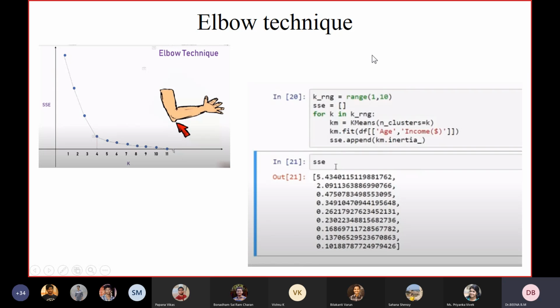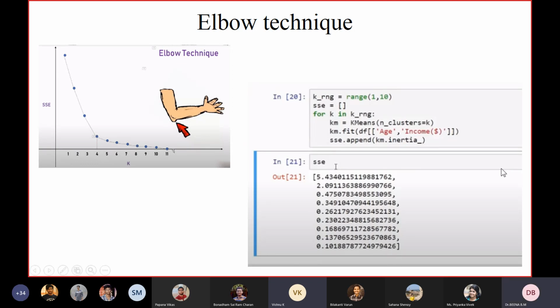Here, to decide the number of clusters, we are using the elbow technique in this method. Try to understand what I am doing here. We are trying with different k values, different numbers of clusters, and storing the sum of square errors into a list.